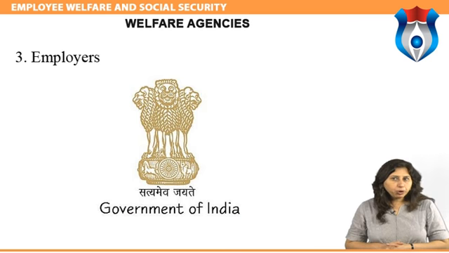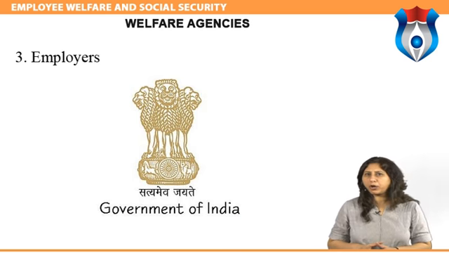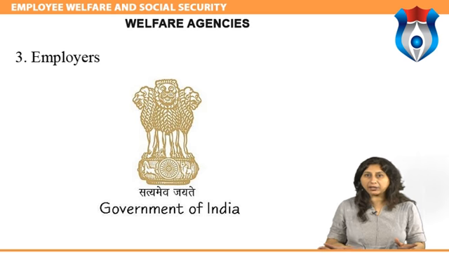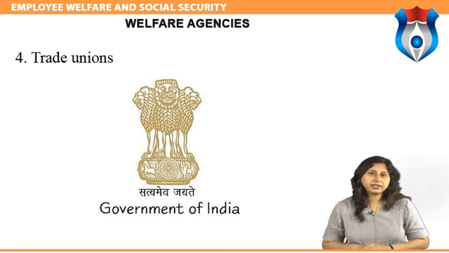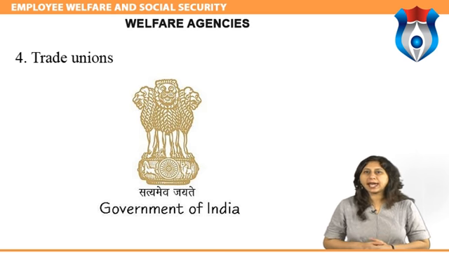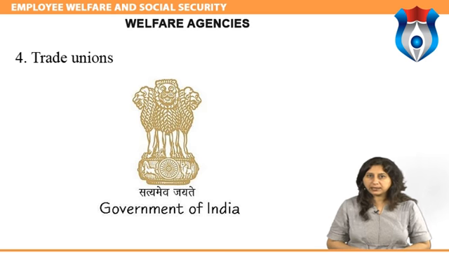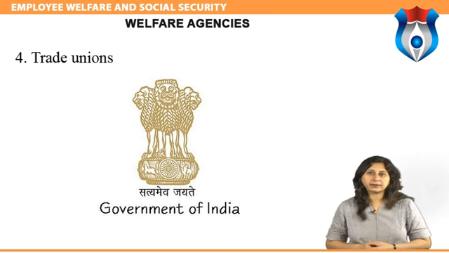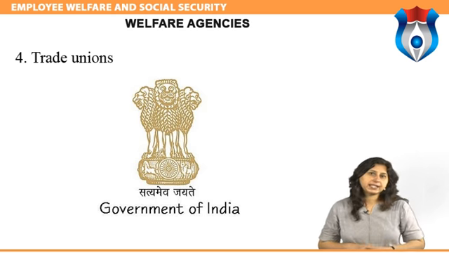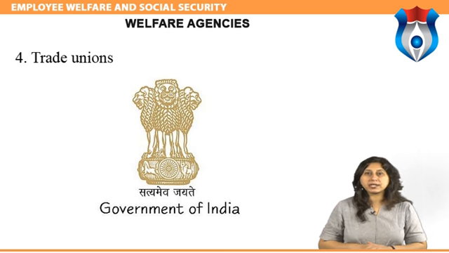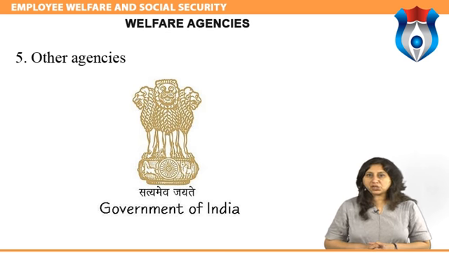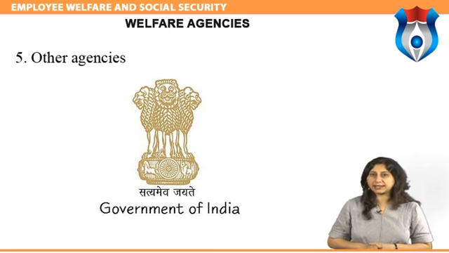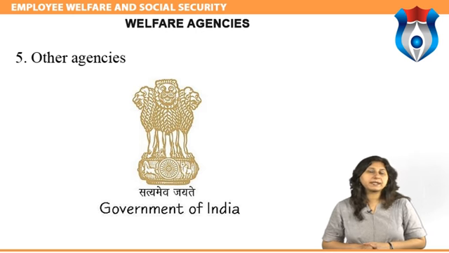Employers. Employers in India in general looked upon welfare work as fruitless and barren, though some of them indeed had done pioneering work. Trade unions. In India, trade unions have done little for the welfare of workers, but a few sound and strong unions have been pioneering in this respect. Example, the Ahmedabad Textile Labour Association and the Mazdoor Sabha, Kanpur. Other agencies: some philanthropic, charitable social service organizations like Seva Sadan Society, YMCA, etc.